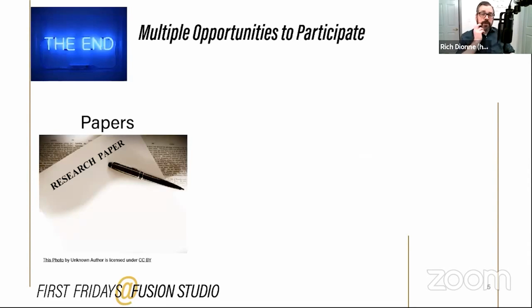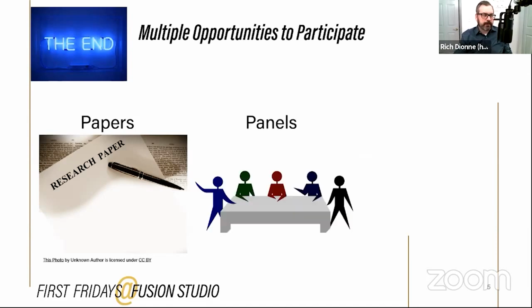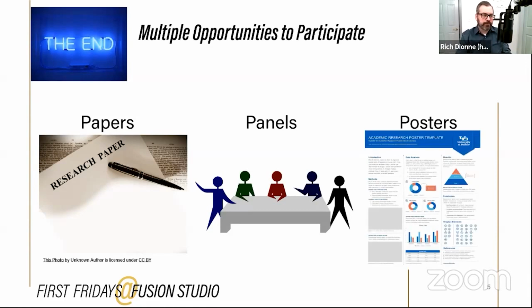To that end, for the symposium, we offer three tracks or opportunities for participation. The first is a presentation of a traditional academic paper. The second is that you would form, or indicate that you are interested in being part of, a panel discussion of some kind. And the third is a poster session, which is new for us this year. We are trying to encourage students in particular to participate in a poster session of their work as an entree into this kind of event.